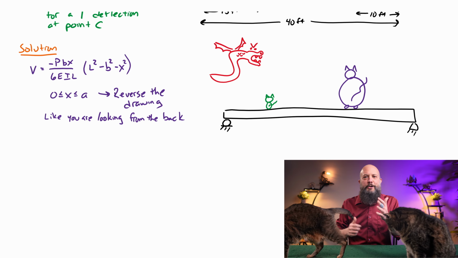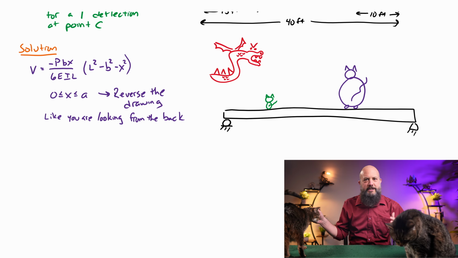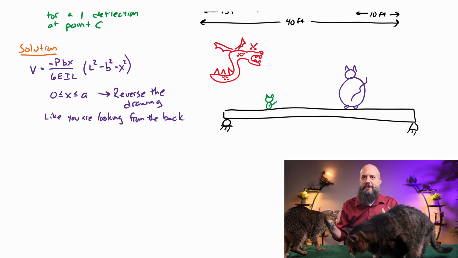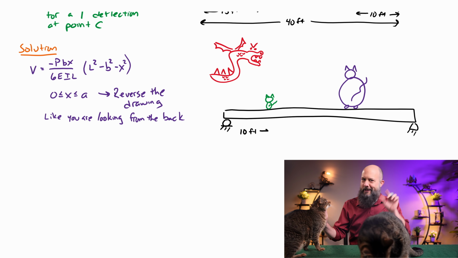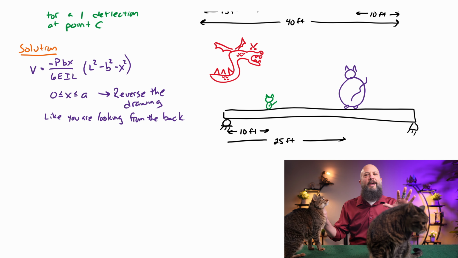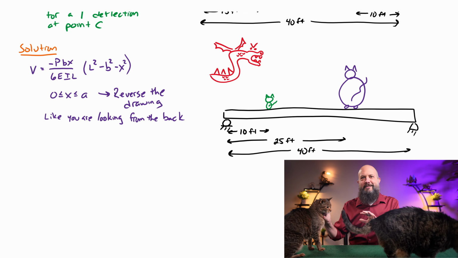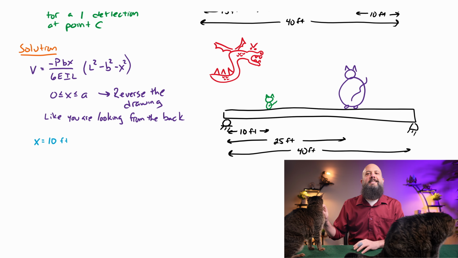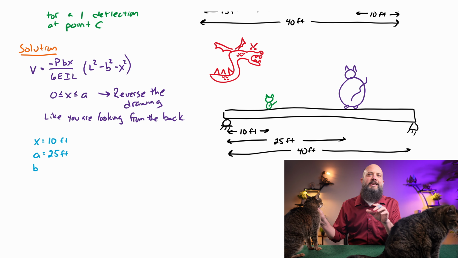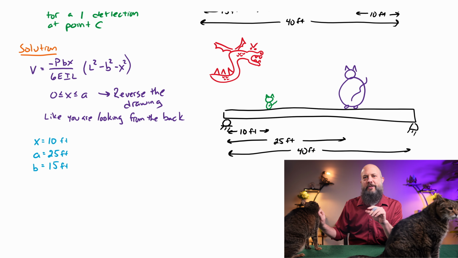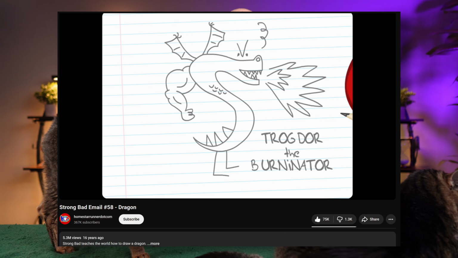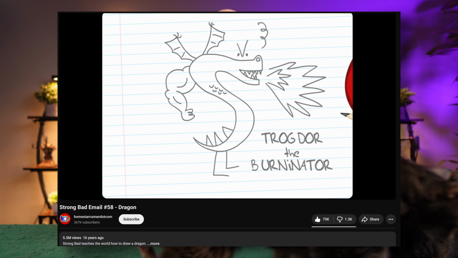And you thought you were going to learn how to solve beam deflection problems. You didn't realize this was going to be a tutorial about how to draw a dragon. But yeah, we're all about providing extra value here, right? So you just start off by drawing an S and then kind of a different sort of S. Some little angry eyebrows here. And the last step that really seals it are the consummate V's that look like scales. And if you do a YouTube search for Trogdor the Burninator, that's how I learned